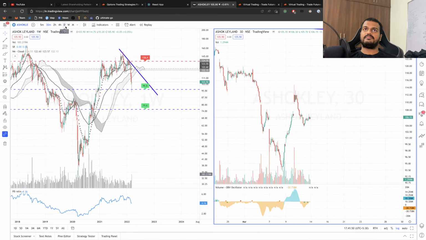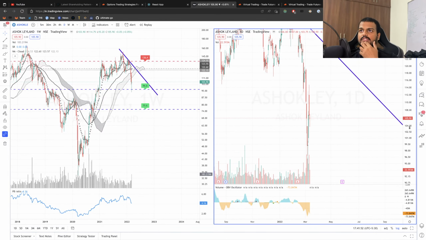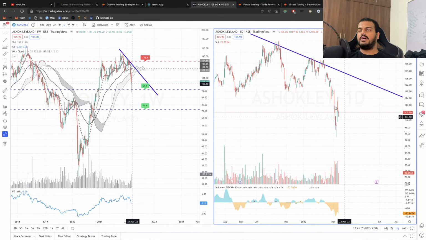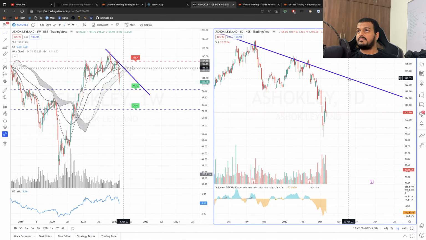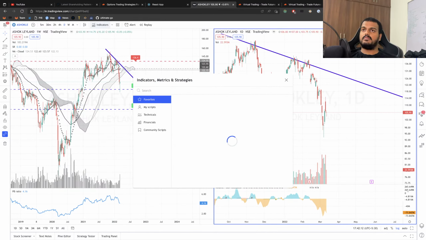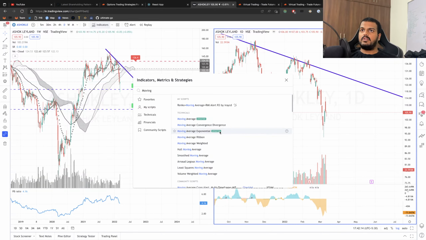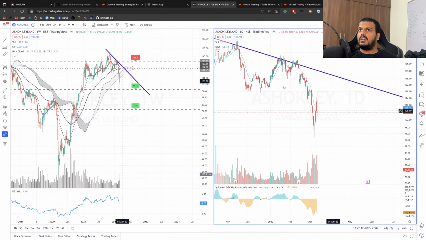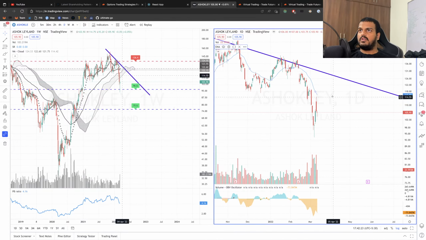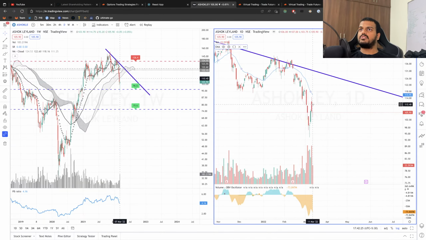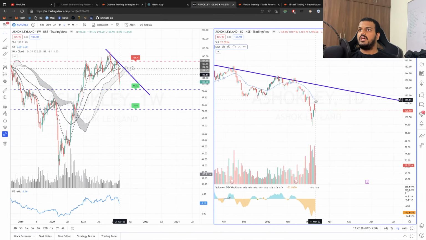Let's see on a daily chart what's happening. There is still huge bearishness in this. On the daily chart, if I can add an EMA or SMA, moving averages, exponential, yes, I'm setting it to 22. So it is somewhere here, it has to cross this, and then that is when we are going to exit